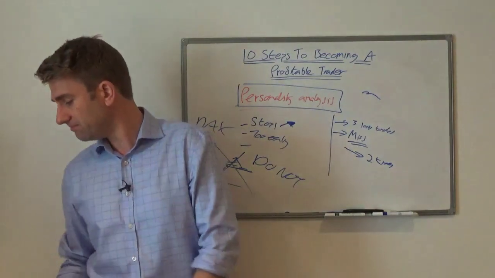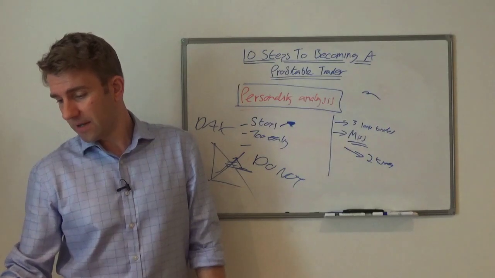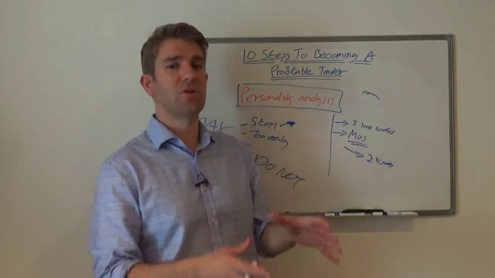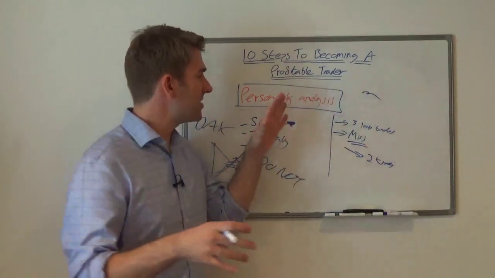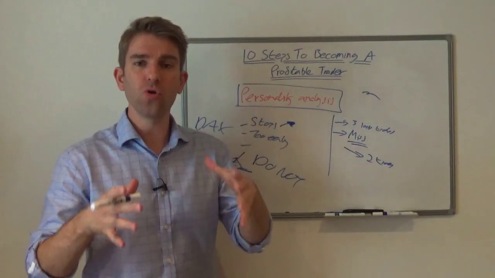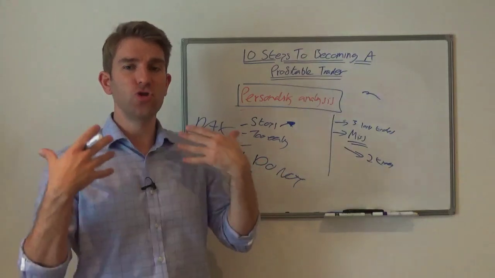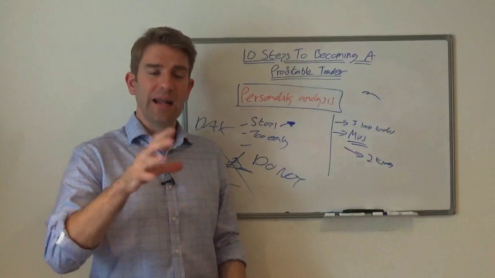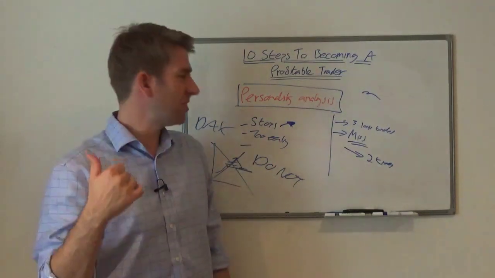All right, guys, next video, let me look at my sheet here. We're going to be talking about a complete strategy reboot and strategy selection. So we're looking at more of an operations side of it now, rather than a personality. But this video is getting on quite long, and it's important to really recognize your personality as a trader. What is causing you to do the bad habits as a trader? What's causing you to trade in a way that's not conducive to your long-term profitability? When you start to nail that down, then we can mirror it with the strategy and put it all together. So next video is all about strategies, guys.